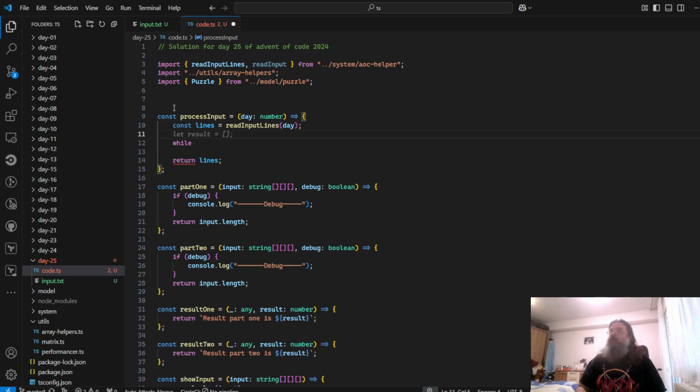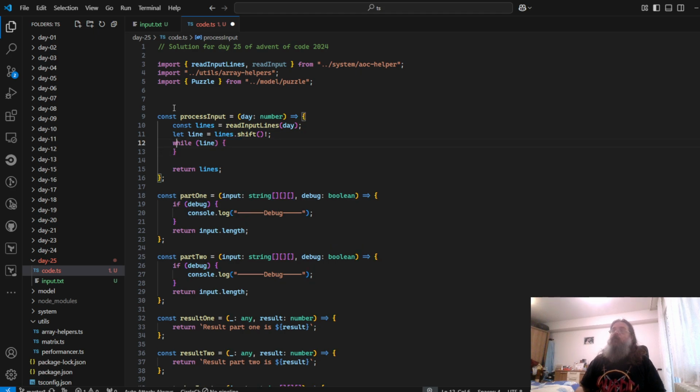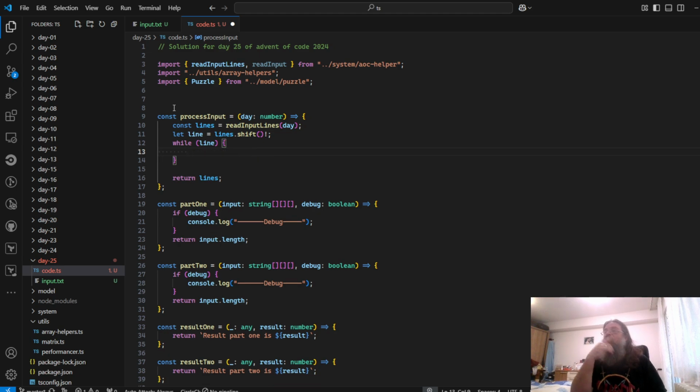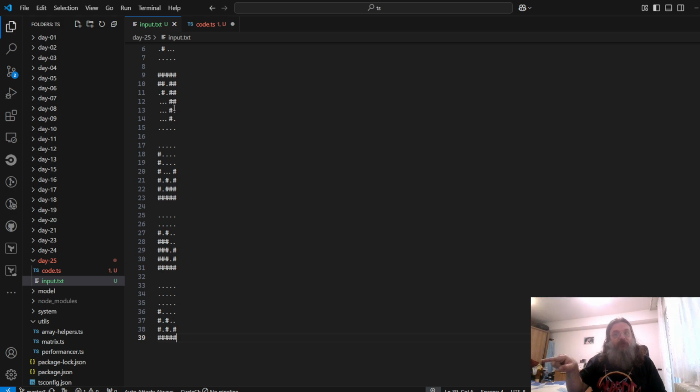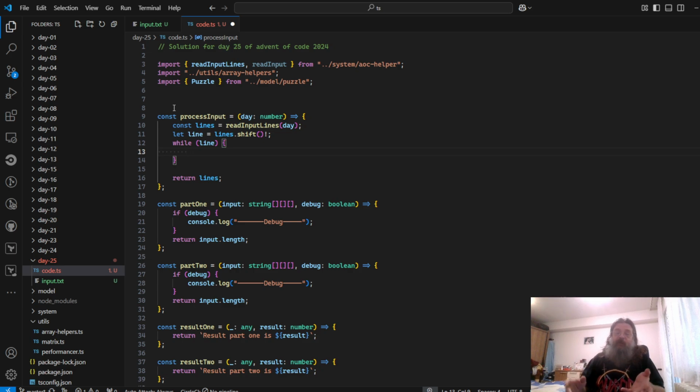Or we already did something like this. So we're gonna have let line. We're gonna process it on a line by line basis. So while the line is, I'm gonna abuse JavaScript this time. So if the line is truthy, note that this line is truthy, but this line is falsy. And also the line after the 39th, the 40th line, is also falsy because it doesn't exist, so it's gonna be undefined. So while line is truthy,